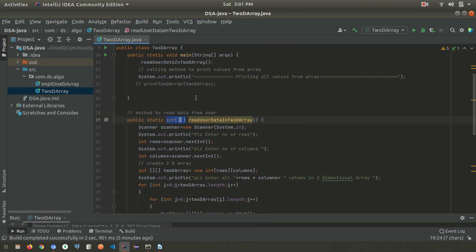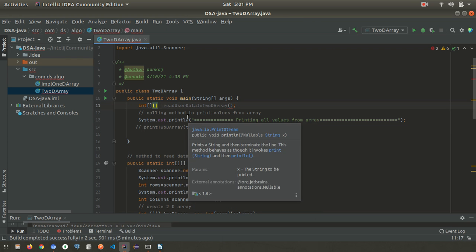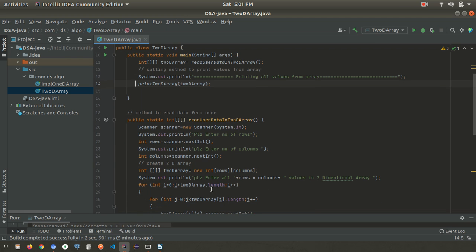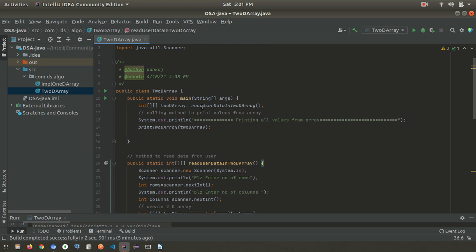So we'll copy the two-dimensional array and we'll store this data in the two-dimensional array variable. The variable name is already there, so just keep this variable name here and just uncomment it. So this is the actual implementation to read the data from the user, from here till here, and the same method is getting called, we are calling here.